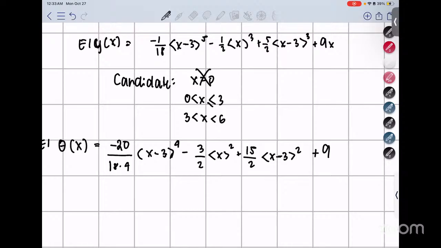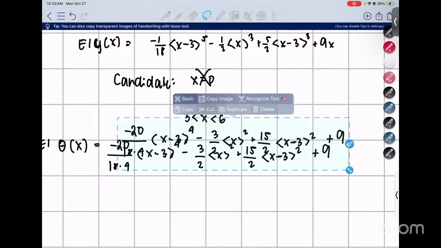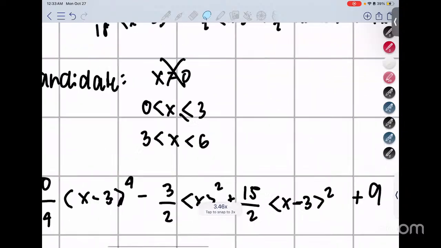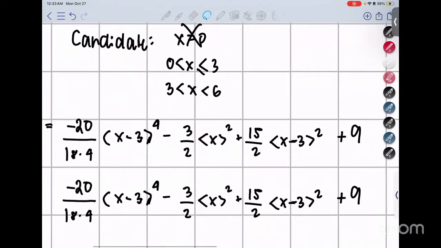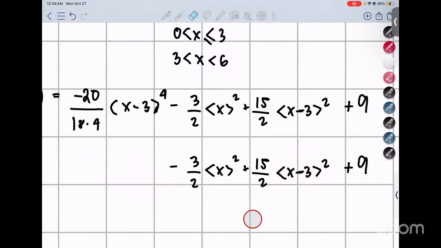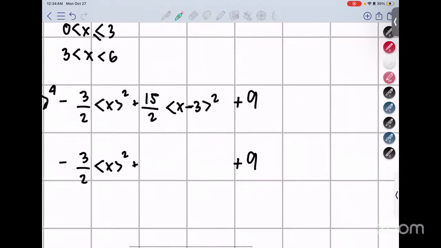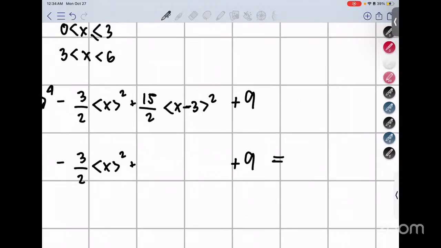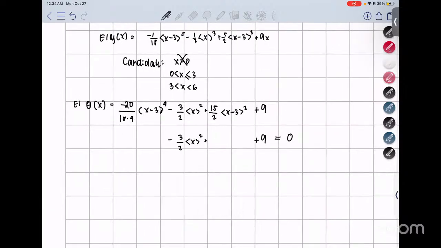For x greater than 0 but less than or equal to 3, we want to consider what happens to these Macaulay functions, right? Kasi if it's always going to be less than or equal to 3, then they will always have values of 0. So essentially, you're only working with these values, with these equations. This is equal to 0. So solving for that,